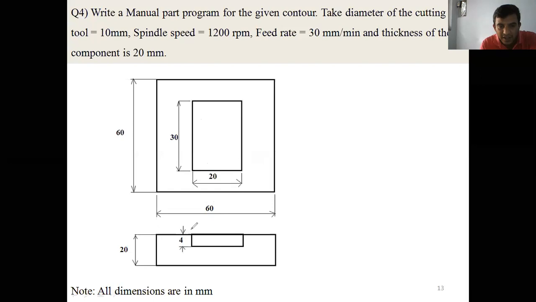Out of that 20 mm, how much metal do I want to remove? Can anyone tell me? It is 4 mm. Depth is 4 mm. Total thickness is 20 mm, out of which 4 mm we want to remove.